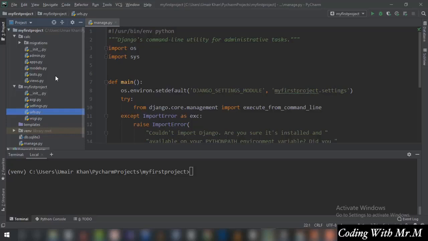a urls.py file, and they will then be mapped to the main urls.py, which is for my first project and is going to handle the urls from the application requests. So all the requests from the urls.py of the application are going to be managed by the urls.py of the main project. So what we are going to do is right click on this,